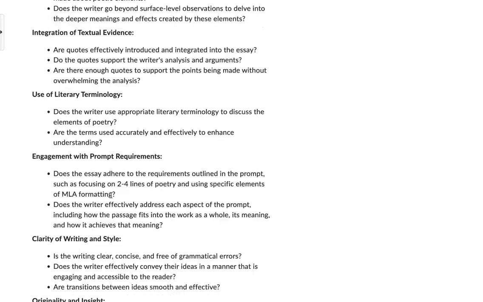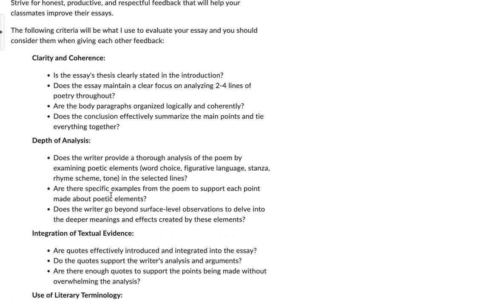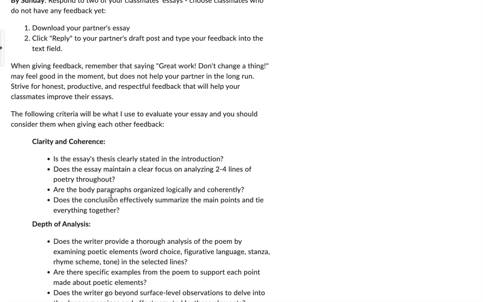So I'm giving you these criteria so that you can use them to evaluate each other's essays. And I really want to see you engaging. Don't just say, this is great, because that feels like the nice thing to do in the moment, but that's not actually going to help your classmates get better. And actually giving good feedback to other people helps you become a better writer for yourself because it sharpens your critical eye. And so you'll be better at evaluating your own work by working on evaluating your classmates' work.